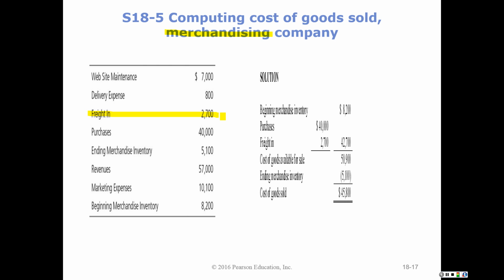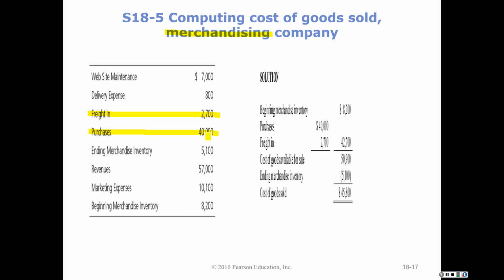For example, when I was in public accounting, we had an organization that bought brake parts from China. Well, that's a very long boat ride to the United States. Needless to say, that is some very expensive freight. And so when we would calculate the cost of the brakes that they had in their warehouse for resale, the cost of freight in is part of the cost of their merchandising inventory. As we saw on the prior screen, obviously purchases. We have purchased $40,000 worth of inventory for this company, whatever they happen to be.